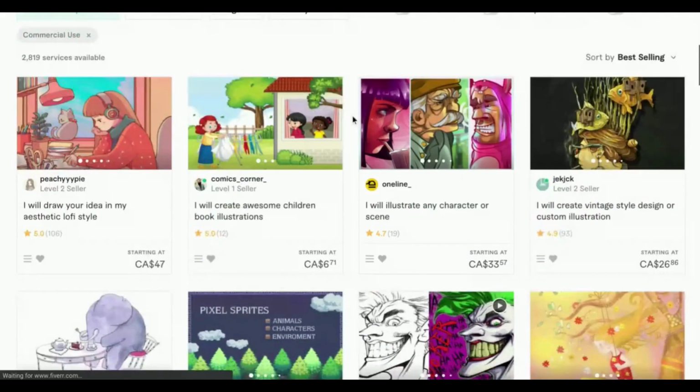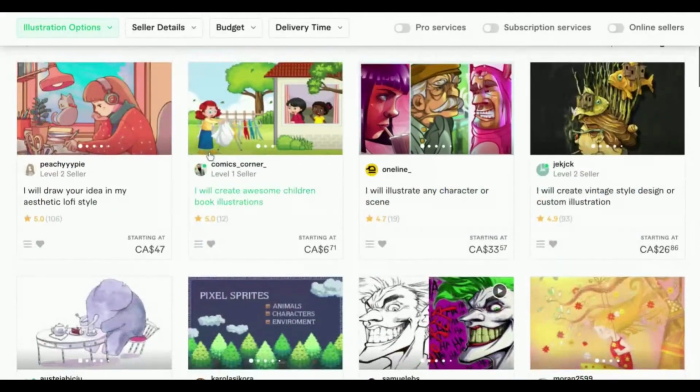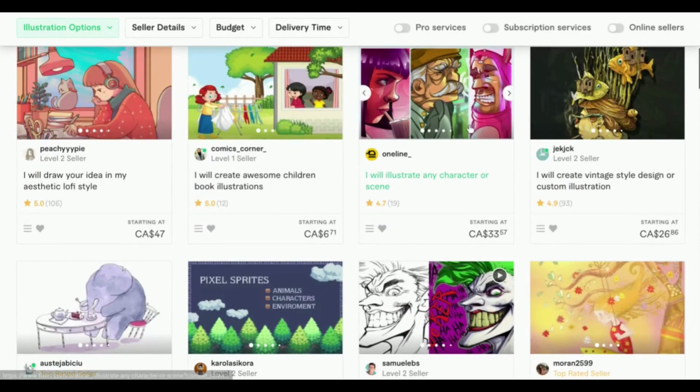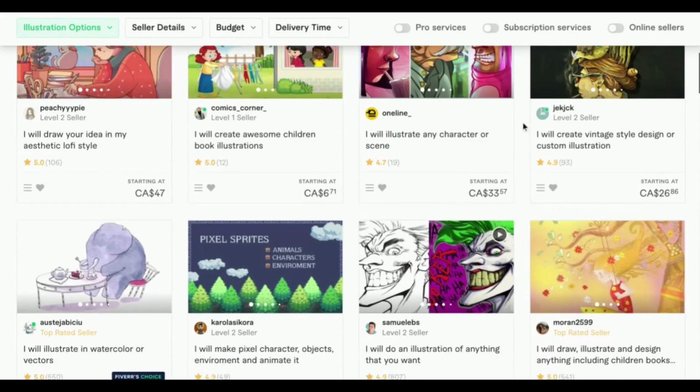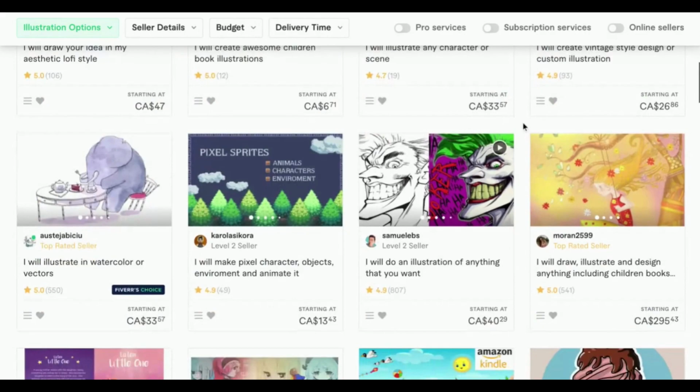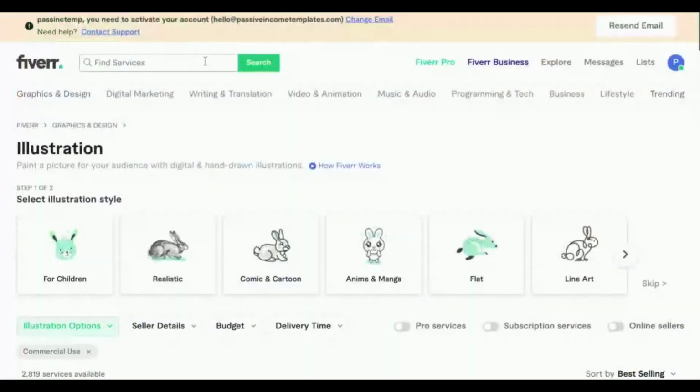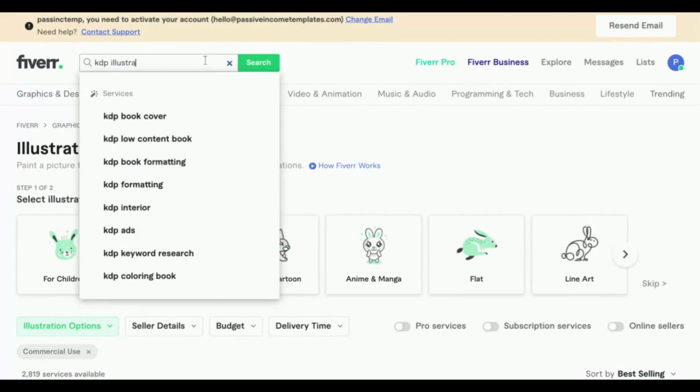So already we can see some great results. This seller helps to create children's book illustrations. Here's another one for illustrating character or scenes, which may be great for picture books, things like this. There are tons of options, and then of course we can get a little bit more specific, so we could plug in something like KDP